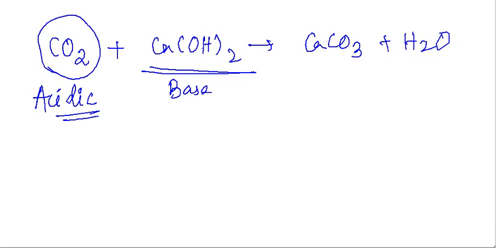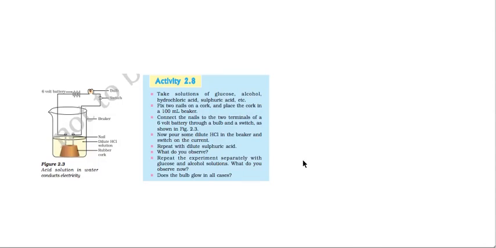Now, these acids and bases, do they have something in common? Let's see. Let's take a few solutions in this setup that you can see over here. So you can take a solution of glucose, then alcohol, then hydrochloric acid and sulfuric acid. You can fix two nails as it is shown in the figure on a cork, and place the cork in a 100 ml beaker. Connect the nails to two terminals of a battery, and there should be a bulb connected